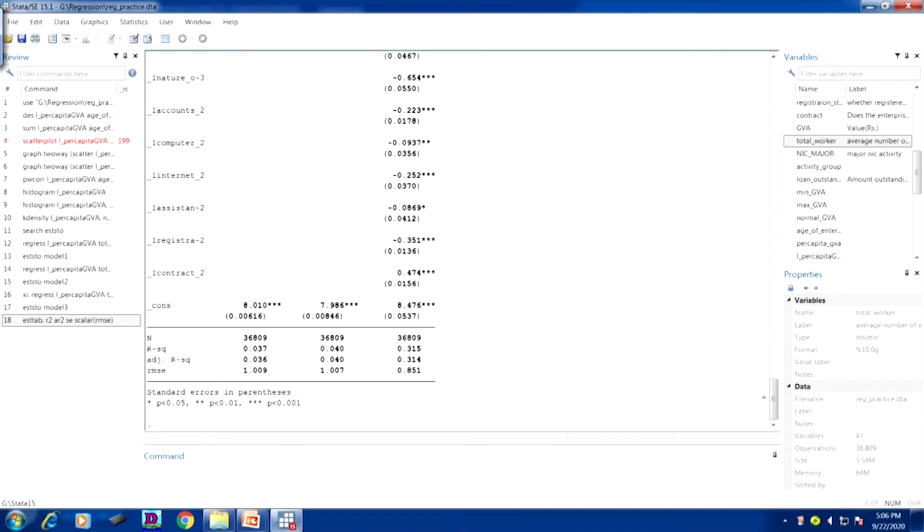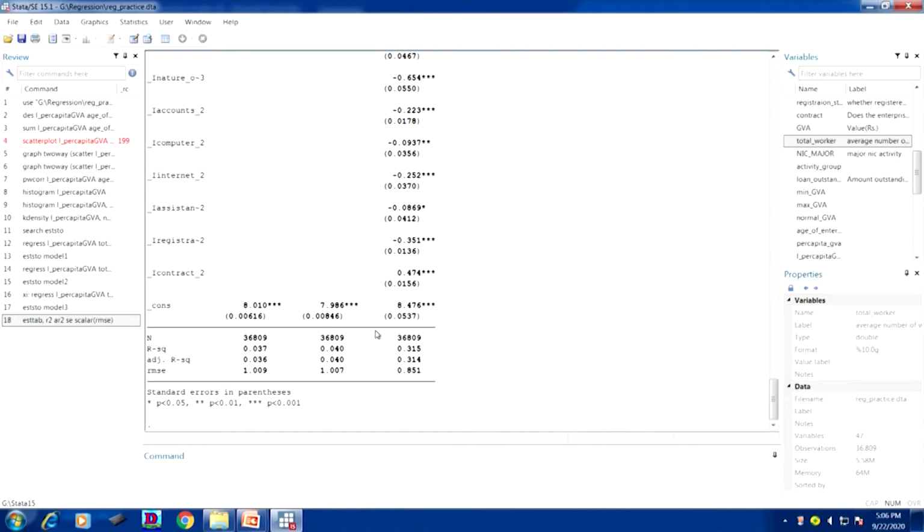Now, very important for the paper, in most of the papers they do require comparison. You can find out that the R square is compared, the adjusted R square is also compared. Now, look at the third model, the adjusted R square or the R square value is more than 31% as compared to the other two. So, therefore, we may consider that the third model is better fitted, and the root mean square error is also less than that of the other two.